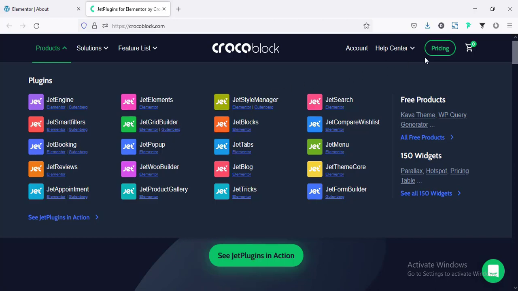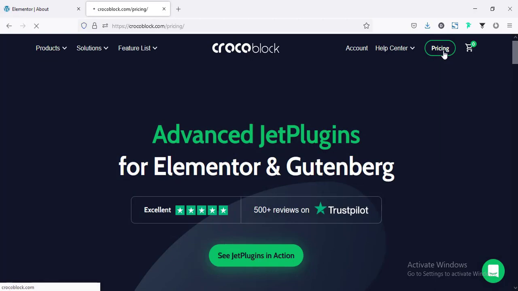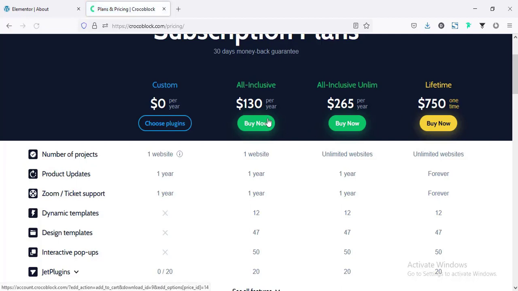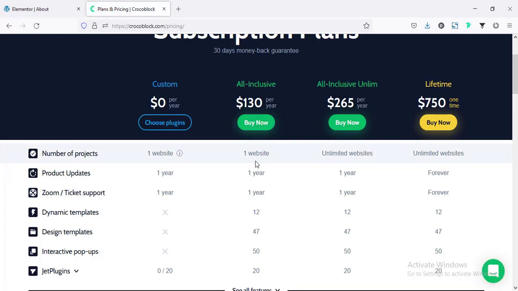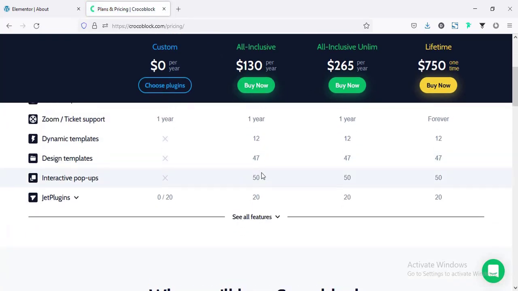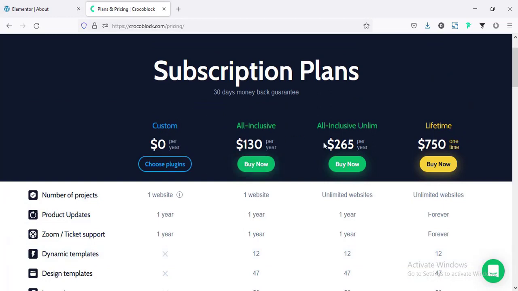And also if I check their complete pricing, here they have a complete package including all plugins together. So here is their pricing. For one website 130 per year, and for unlimited websites 265, and they also have unlimited packages for lifetime.